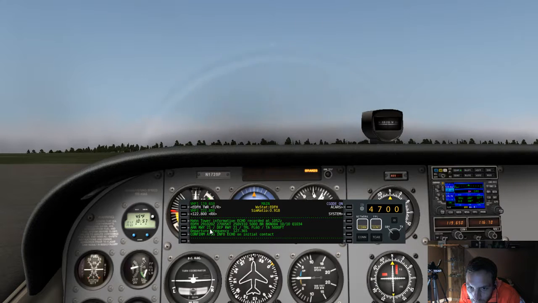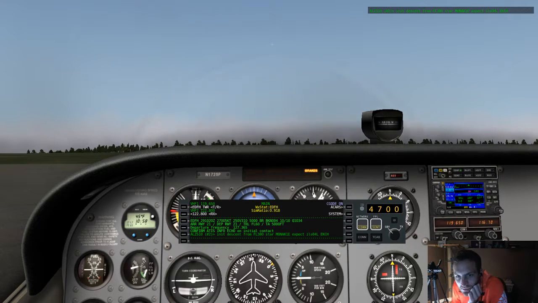Arrival is runway 21, so the active is runway 21. Departure frequency is 127.365. Confirm ATIS information Echo on initial contact. 127.365. I'll try on this frequency because